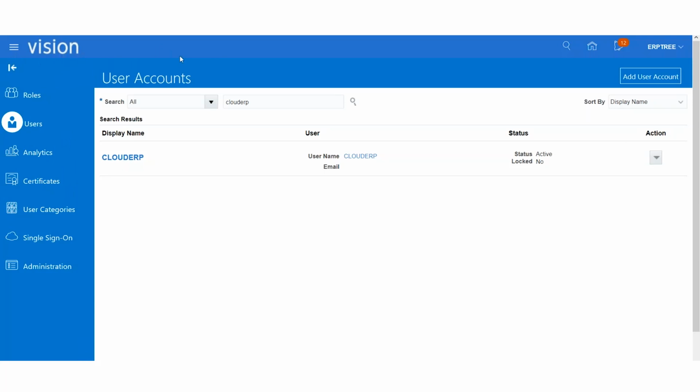Okay, got it, thank you. It's a logo. They just uploaded a logo called Vision. Now I can change it to ERP tree. This is the Vision instance, but we are not going to use any Vision data. In the case of a fresh instance, we are going to see what approach we follow to implement for any client.